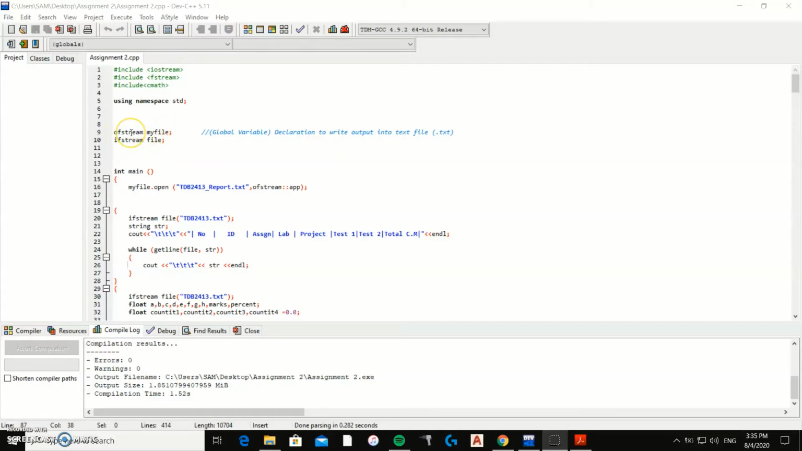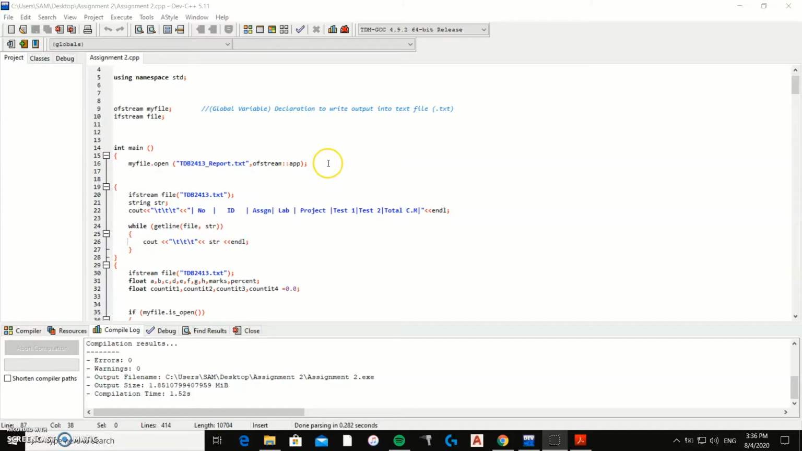Ofstream means that we will write an output in a file named myfile, which is the new file that we will generate, and ifstream means it will read from a file into the program. So here in main, myfile.open, this will be the new file that will be generated after this program. Ifstream file will read the components from the file